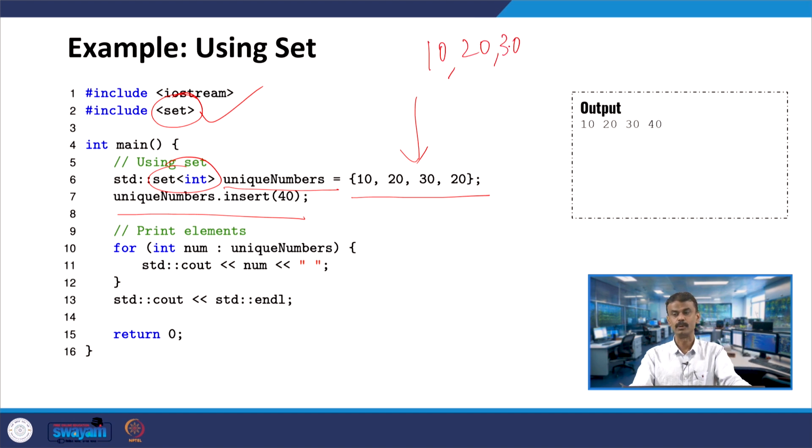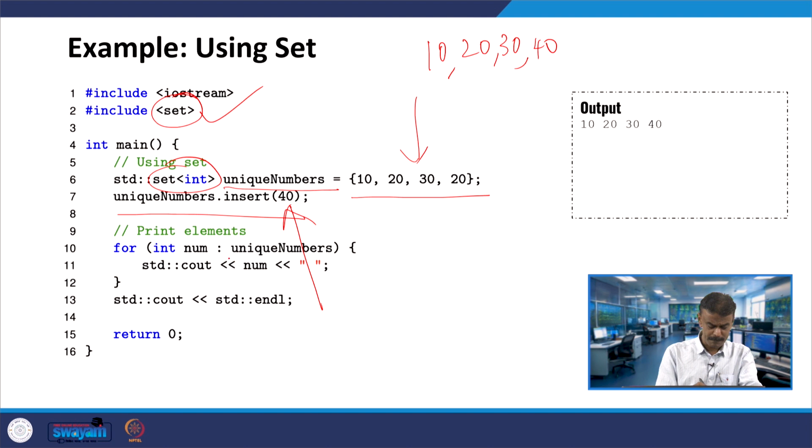Then you are inserting 40. The unique numbers object is invoking the insert member function, an inbuilt function under set, and you are inserting the element 40. So you have 10, 20, 30, 40, in ascending order.